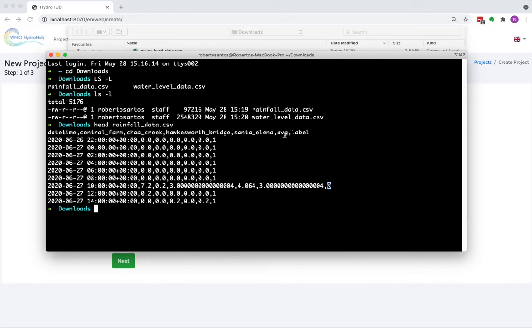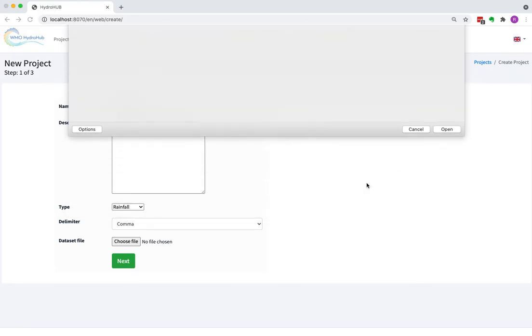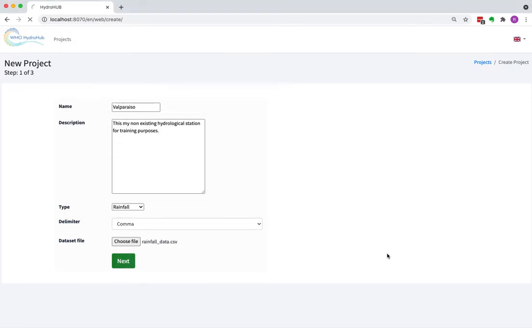That we are going to ignore this column. We are going to show you in a second how we are going to be identifying these columns in the process, which ones we're going to be using, and which ones we're going to be ignoring. Okay. So, okay, so that's the data we have. I'm gonna choose rainfall data here. Gonna open, gonna hit next,